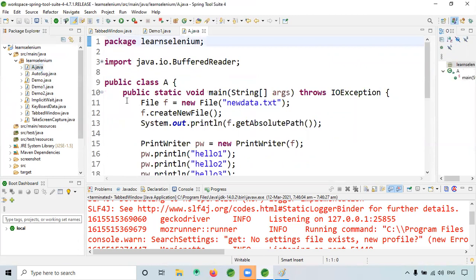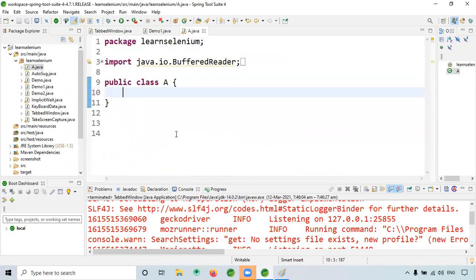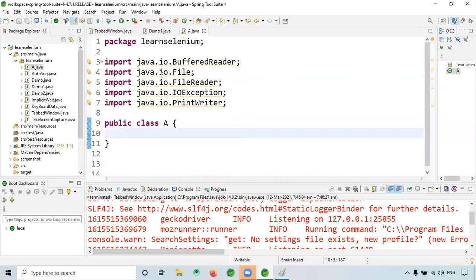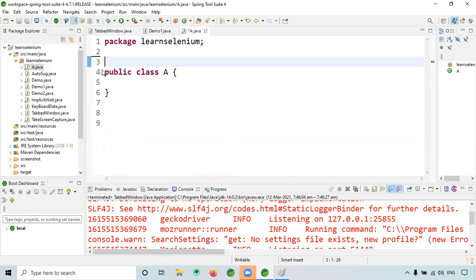So what is abstraction? Now we are learning abstraction. When it is an abstract method, you will write the abstract keyword.